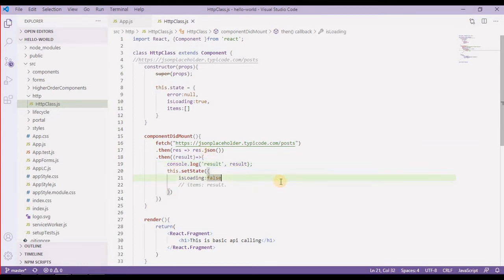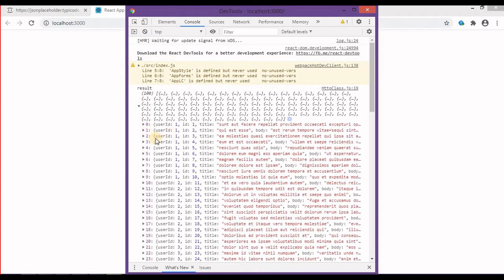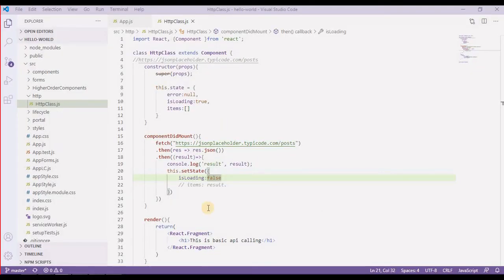Alright, now let's go back to our browser so that we can see the console. So result is simply returning all the lists, so we don't need to provide anything else. We'll simply replace result with the items. So I'll go to my code again. So items is basically the result.